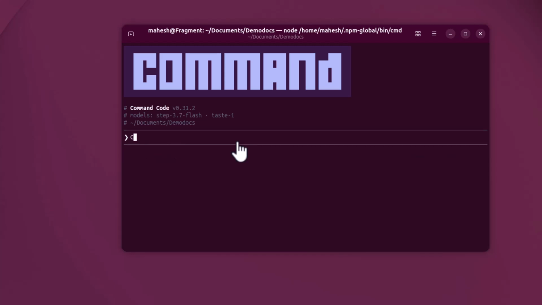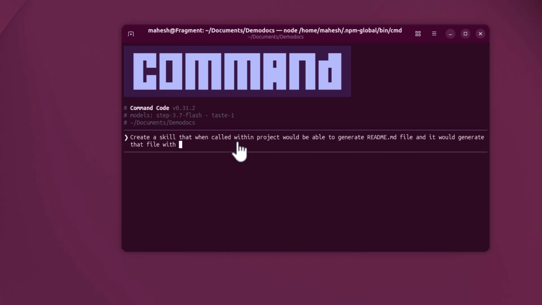output. So we will say create a skill that when called within project would be able to generate readme.md file, and it would generate that file with standard output expected from project, right? So we'll be taking a look at what should be within the project, and so output expected from